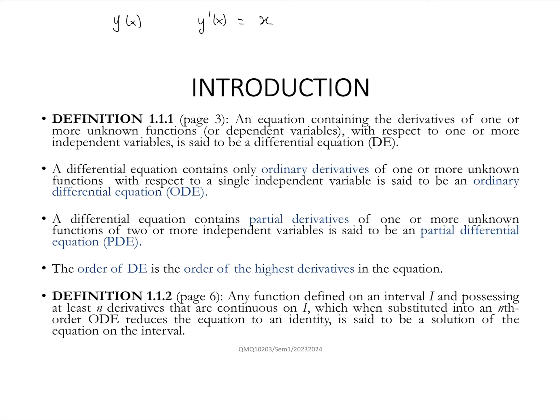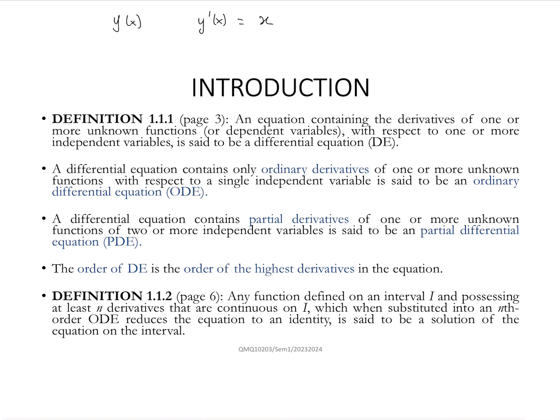So when we talk about differential equation, first thing is we notice that these sentences contain two words. The first keyword is differential. It came from the differentiation. And the second one is equation. So that means in one equation there exists a derivative of one or more unknown function with respect to one